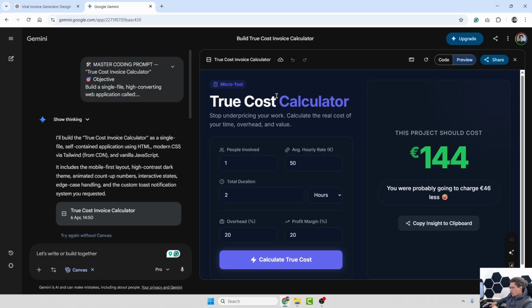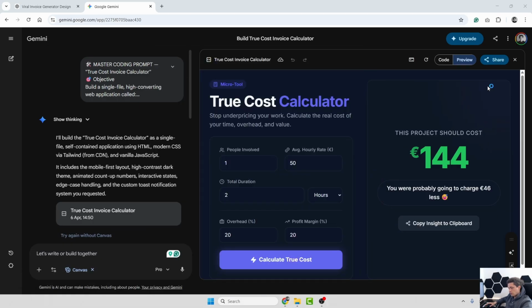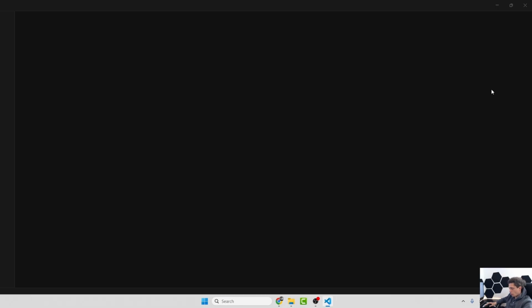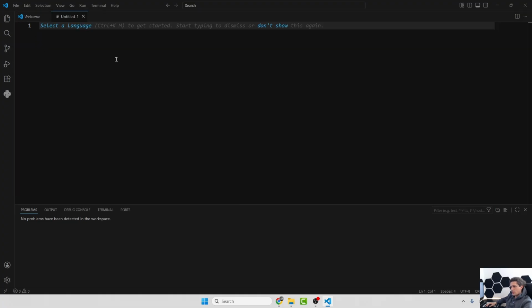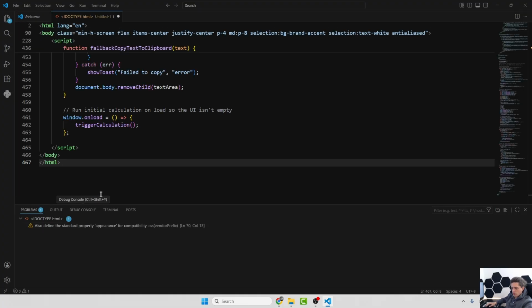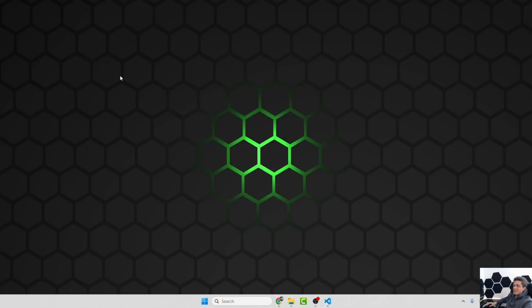Okay, we have our tool ready, our app is ready, but we don't want to test it here. We will share, copy contents, Visual Studio Code, download it. I will leave a link. It's a super awesome code editor. Go to file, new text file, paste it here. I thought we wouldn't have any problems here, you can see, but don't worry, for now we will fix that later. Control S to save it, and this will be our invoice generator,